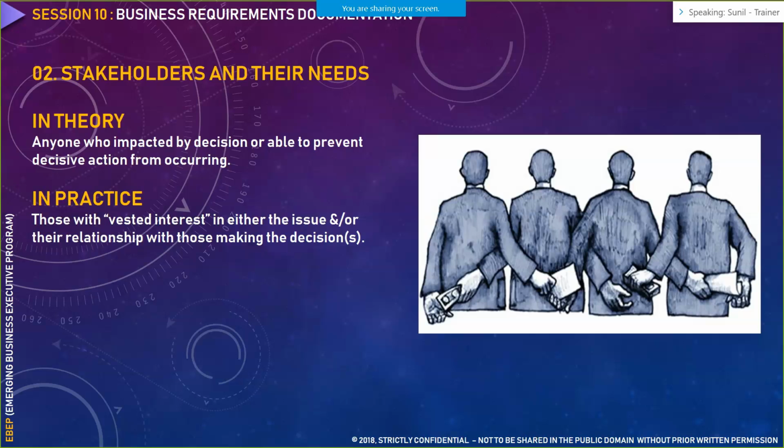They would be needing something, and this need can be sufficed either through monetary compensation or through something else as well. So these are the vested interest stakeholders, who essentially do nothing for the project, but they have a very high influence. So whenever you are creating a business requirement document, you need to identify these stakeholders as well. Typically, they fall into the senior management category. They are not business analysts, they are not project managers. They are someone from the senior management or the C cadre people.